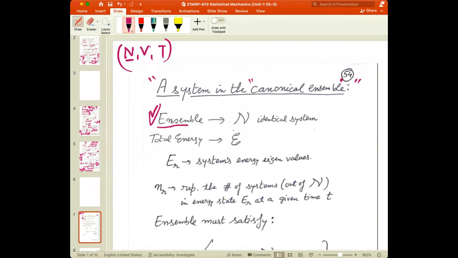This is something else. It is the number of ensembles now in the canonical ensemble. And these are just mental copies of each other. These are all identical systems, all characterized by the same macro state. And the total energy which is available to all these systems, I'm not talking about the energy of an individual system. That is a variable thing now. I'm talking about the total energy of